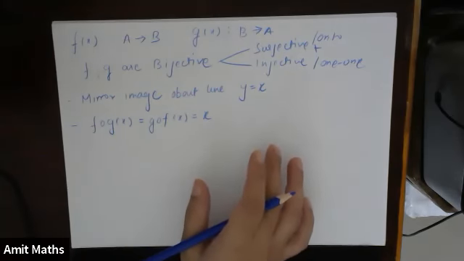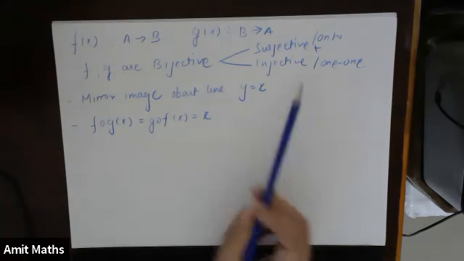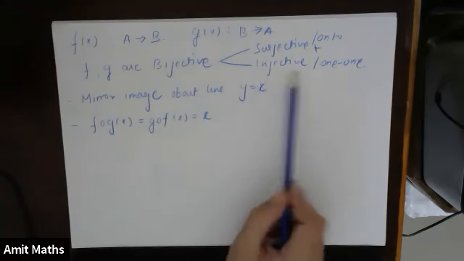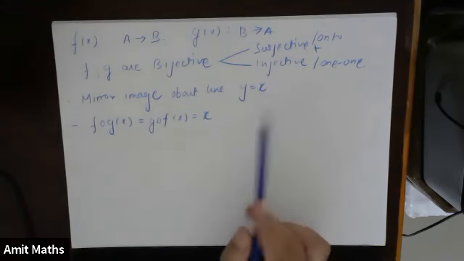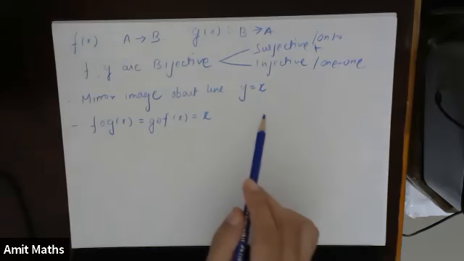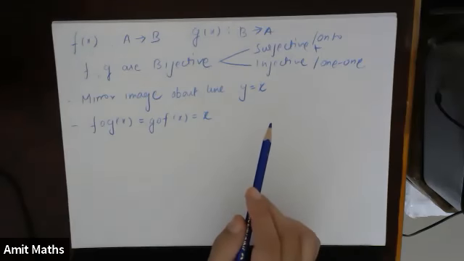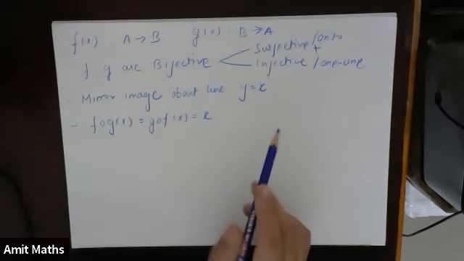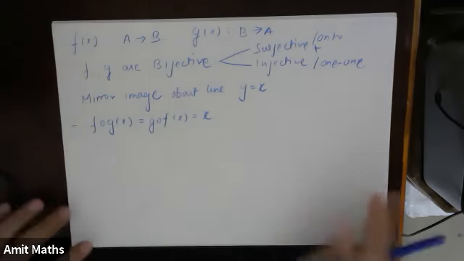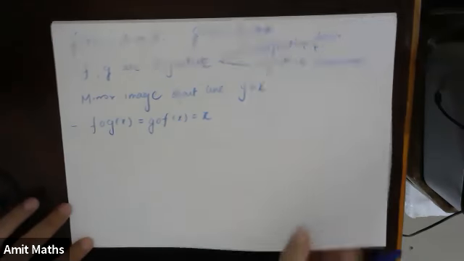How do we find whether a particular function is invertible or not? By checking whether it is injective as well as surjective. I'll give you a question based on this. You have to find whether the function is invertible or not, and if it is invertible, then we can also find the inverse of the function. How will we find it?